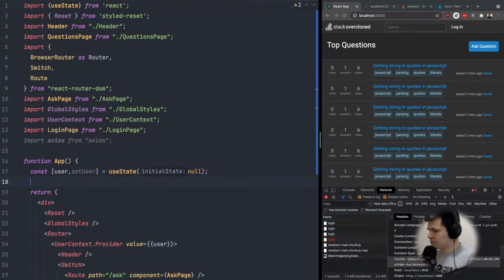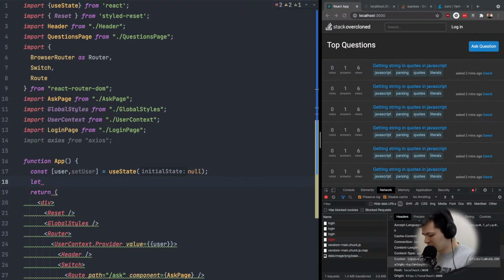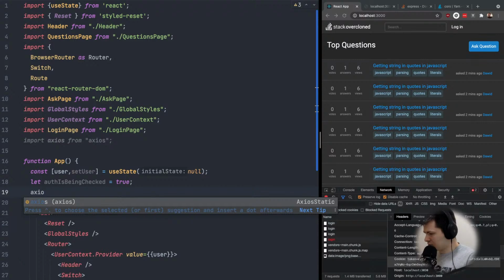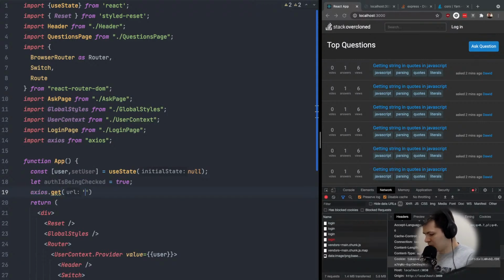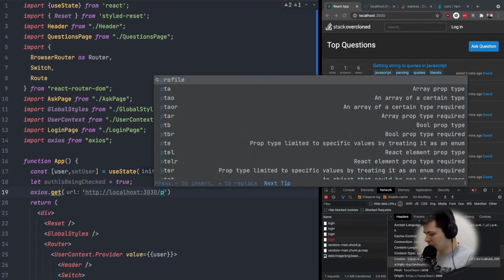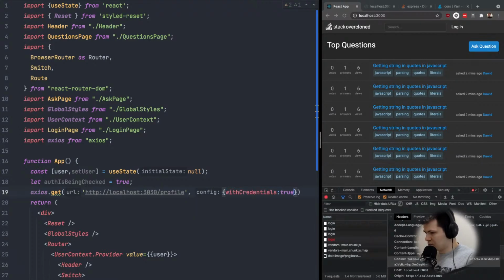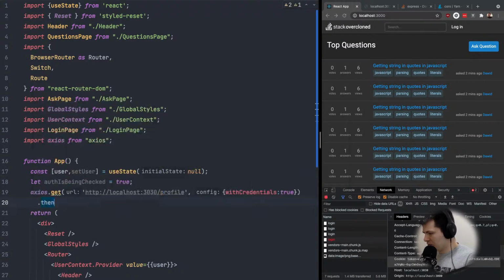And let auth is being checked is true, and axios get http://localhost:3030/profile with credentials to true, then